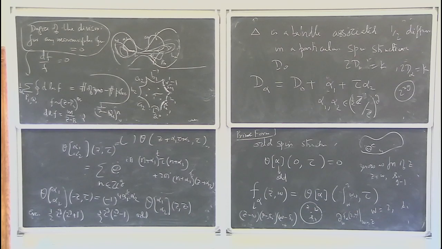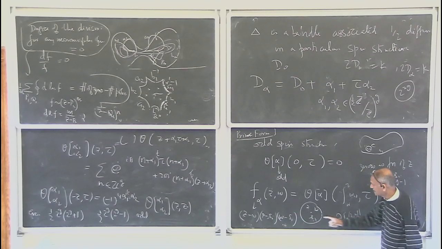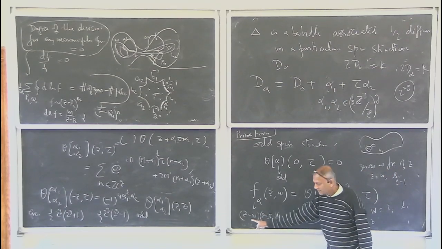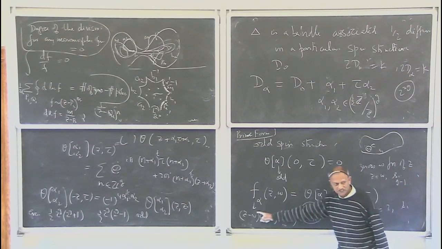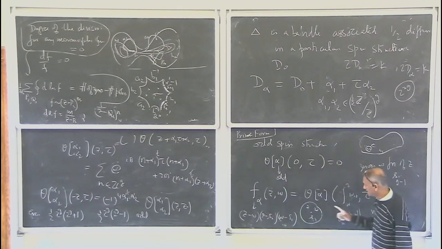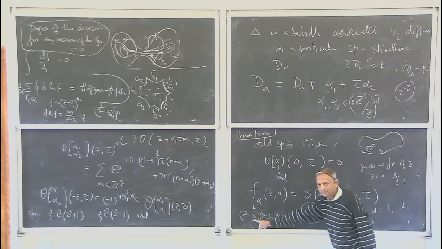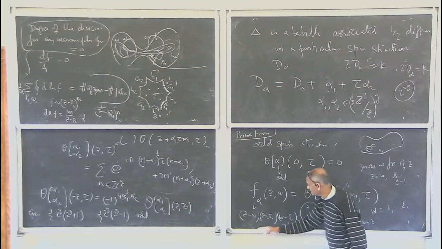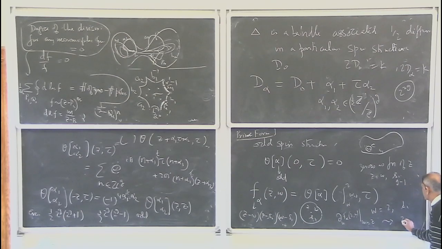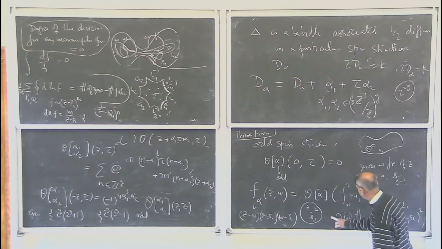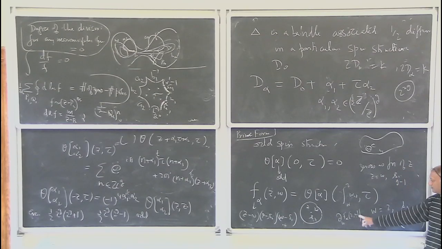Suppose you do that. Then what will happen? This derivative can hit here, can hit there, right? But if it hits here, that's no good, because after that I have to put W equal to Z, so it will vanish. So the leading term will be when this derivative hits there. When it hits there, this disappears, and then I put W equal to Z. So you see, this guy behaves like Z minus Si squared. So this function, now a function of only Z because W has gone away,